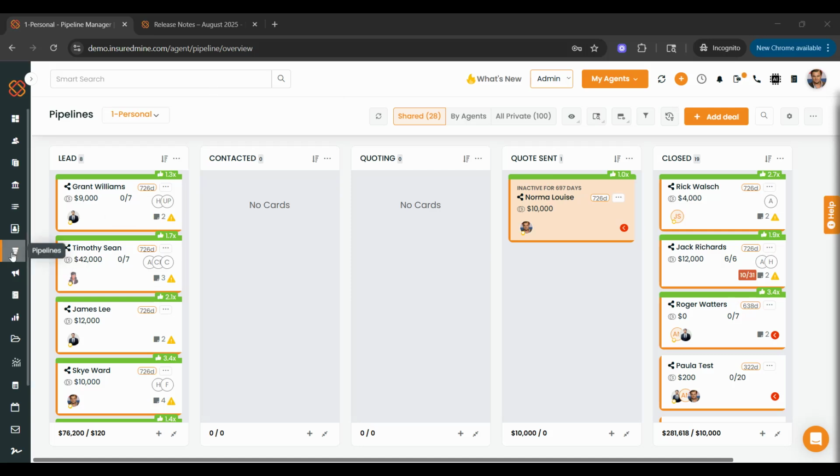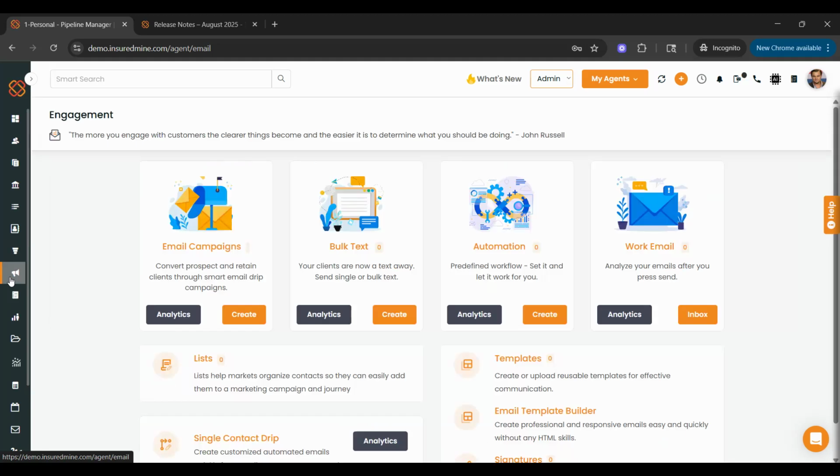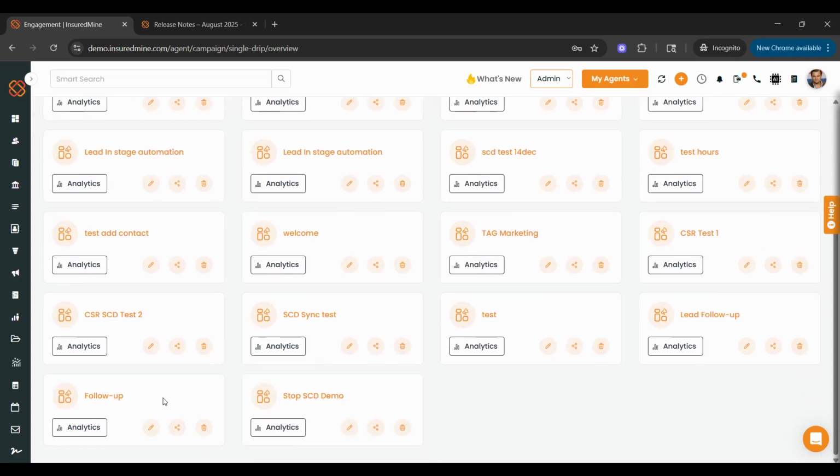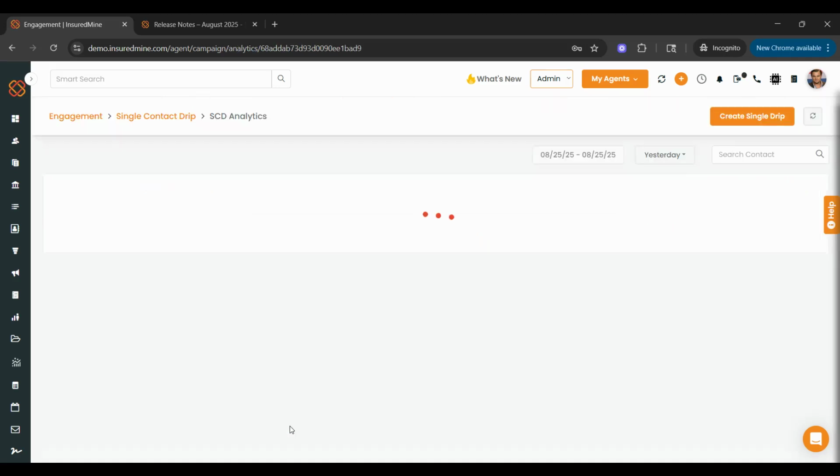Moving on to our next module, we have the engagement module. The options here for feature release, we did in fact add an option in the single contact drip section to multiple stop running SCDs. What that means is that if I go into a specific single contact drip campaign, if I access my analytics page,